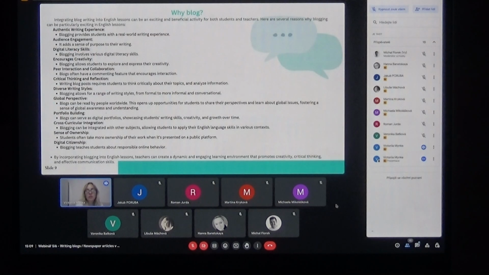Bringing blog writing into English lessons can be an exciting and beneficial activity for both students and teachers. Here are several reasons why blogging can be particularly exciting in English lessons. Experience. Blogging provides students with a real-world writing experience. Audience engagement. It adds a sense of purpose to their writing. Digital literacy skills. Blogging involves